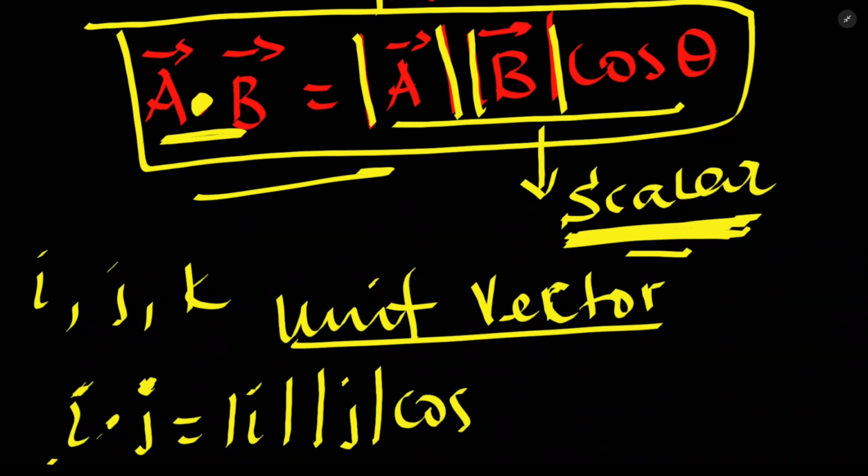But theta would be between i and j, we know that they are mutually perpendicular to each other, which is 90 degrees ነው በመካከላቸው ያለው አንግል። so የዚህ magnitude of i አንድ ነው፣ magnitude of j አንድ ነው።